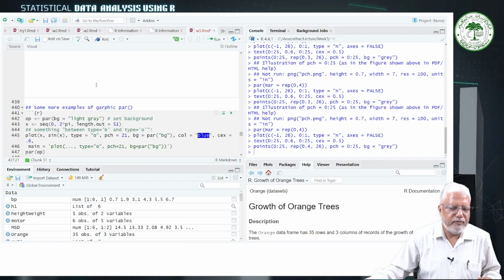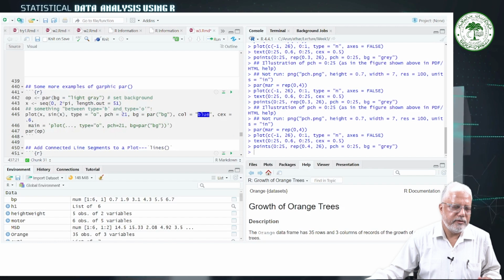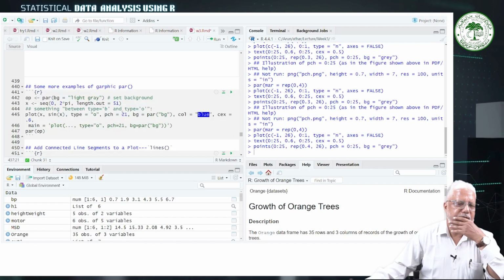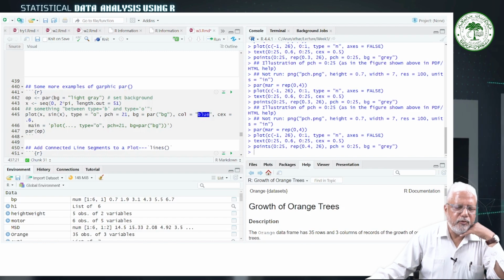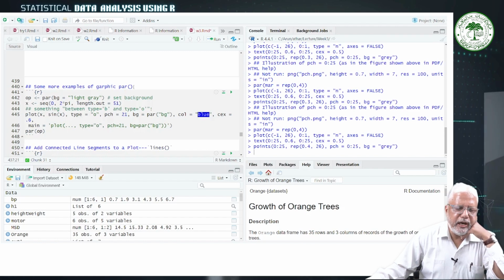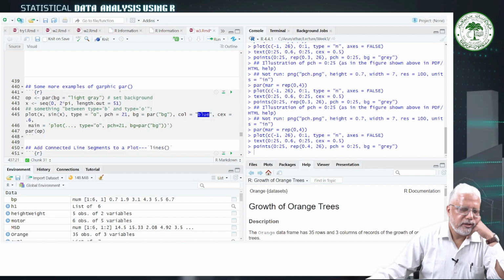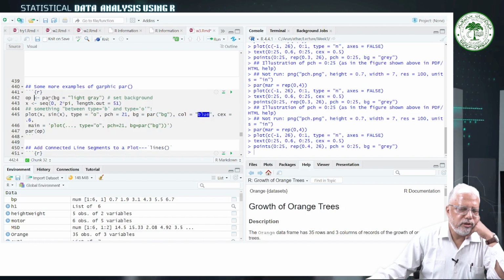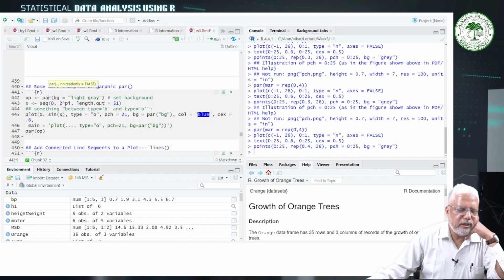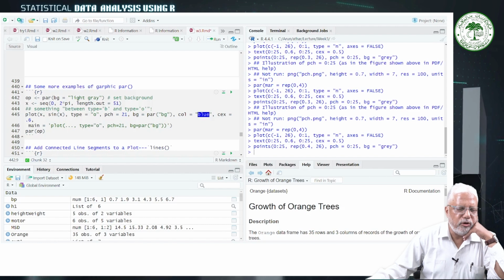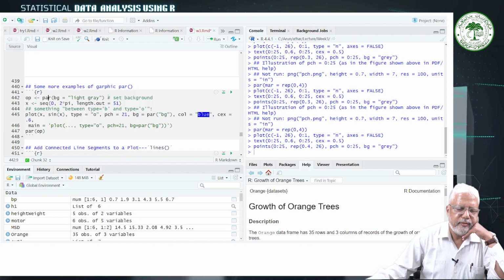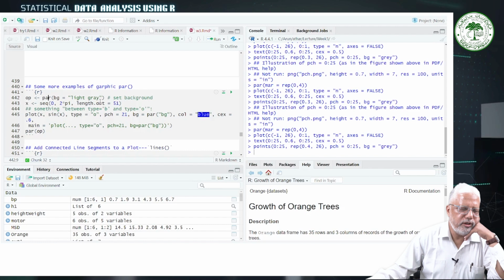Some examples of graphic par. Some more examples of graphic par. Actually, par is very important. This sets the parameters of the graphics. Say op, output, is equal to par. There are many things inside par, like one argument is bg, background, equal to light gray. This sets the background, so the background is light gray. And then x is equal to